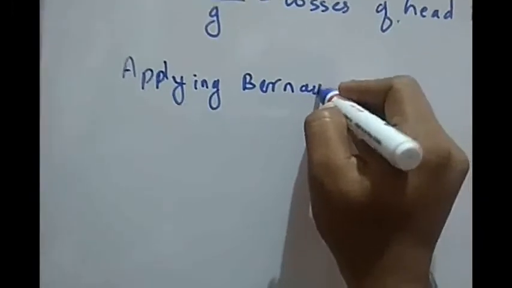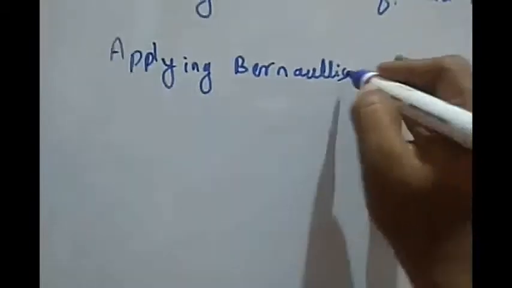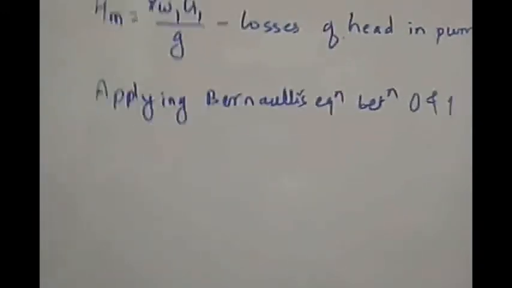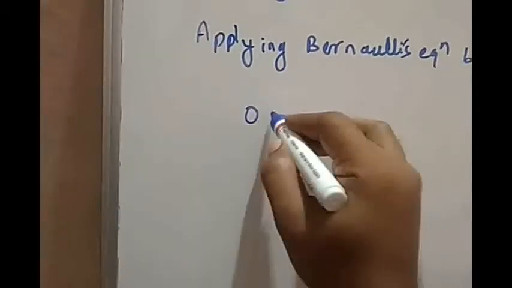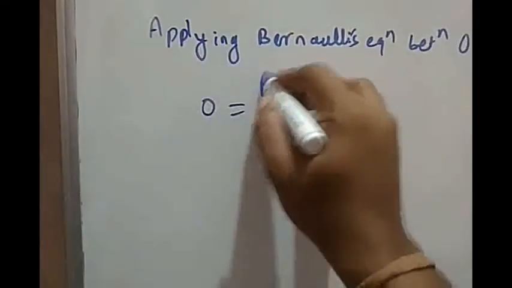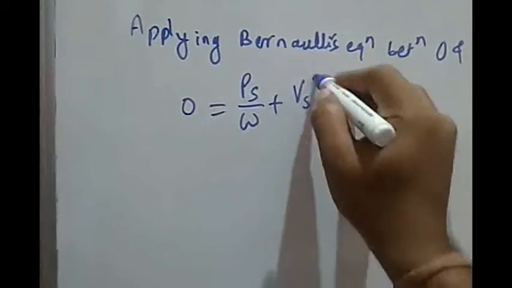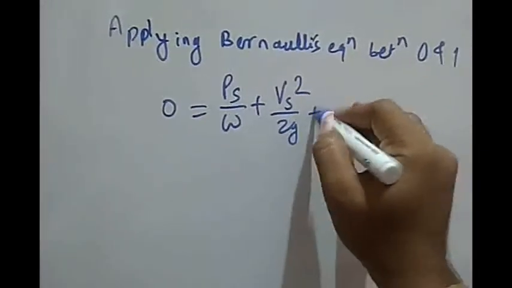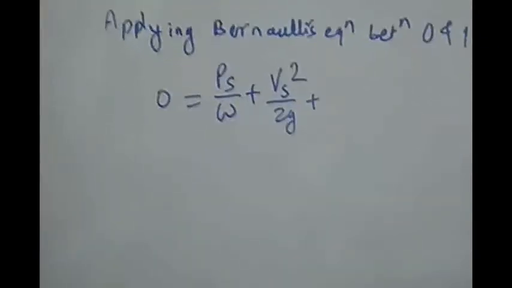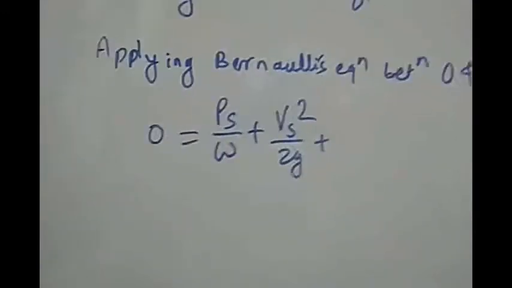So as I'm considering this as the datum line, I will write 0 equal to Ps by w plus Vs square by 2g plus